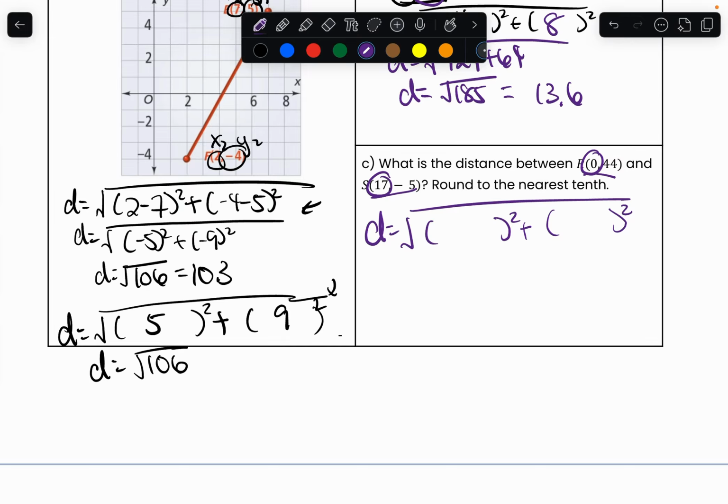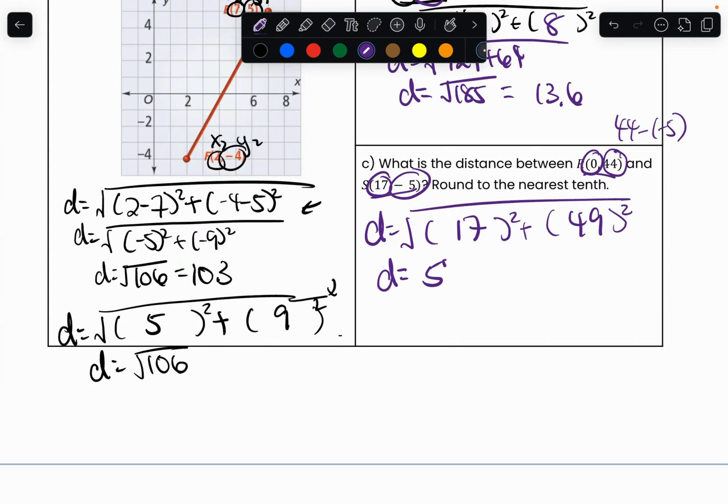Now, next one, what's the distance between 44 and negative 5? Well, it's going to be 49. You can either do this in your brain or you can put it in a calculator, 44 minus negative 5. It will give you the same thing. Then you will calculate this in your calculator, and your value, when you round it to the nearest tenth place after you square root everything, will be 51.9.